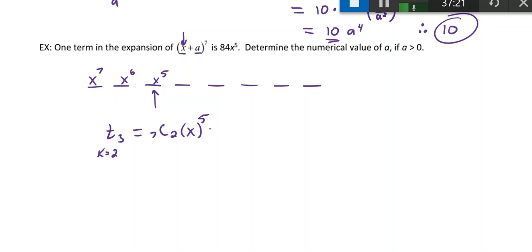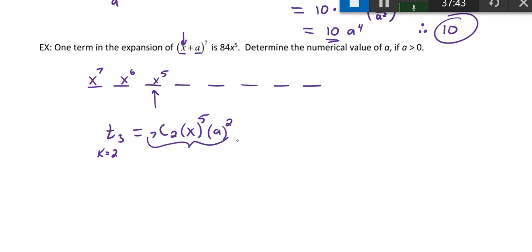And then for this part, we just know that it's a, so we'll say a to the power of K, so that's 2. All right, so that doesn't really help us, right? We want to figure out what a is. Doesn't seem like I have enough information, right? Well, we actually do, because remember,